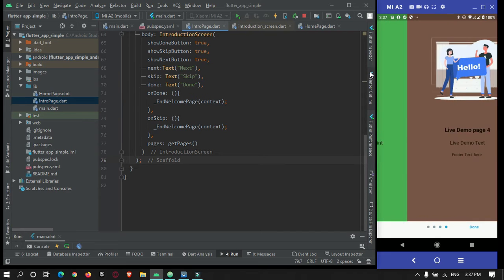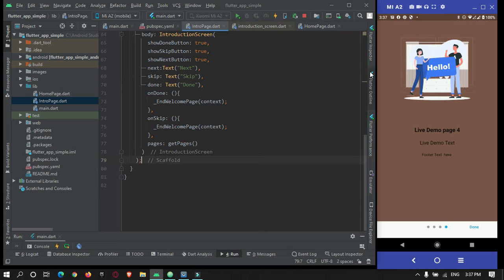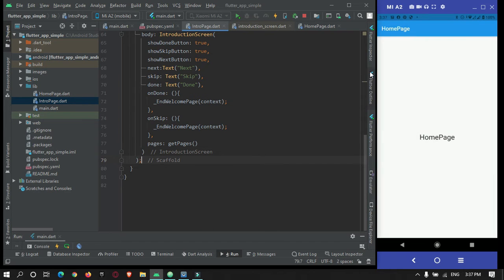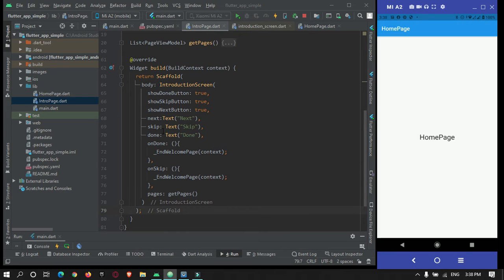So this should not happen. For that we must do something. The intro screen should be shown to the user only when the user is new. So for that we need to store the data about the app, for example, whether the introduction screen was already shown to the user or not. For that we will make use of another library called GetX, get_storage and GetX.